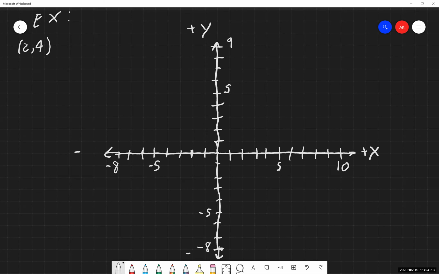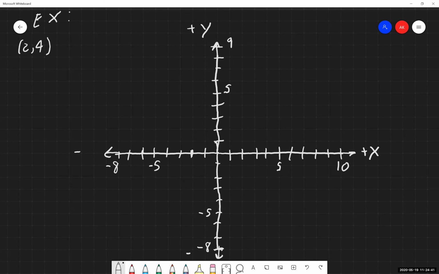But you absolutely need to have all of these components if you are setting up and graphing anything. If you don't have this, you're going to lose points. Because again, I've seen people not label the axes. I've seen people not scale the axes. I've seen both directions labeled as positive or both directions labeled as negative, and then everything goes wrong from there. So we don't want that to happen.